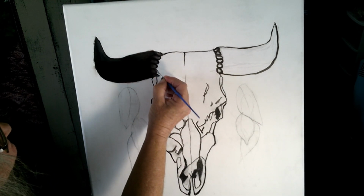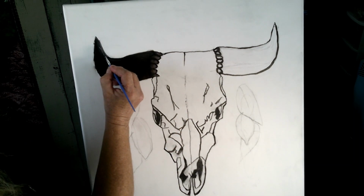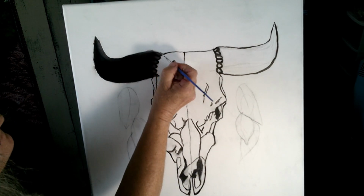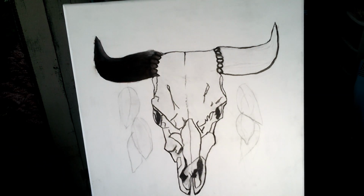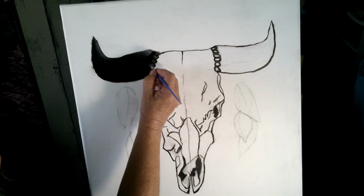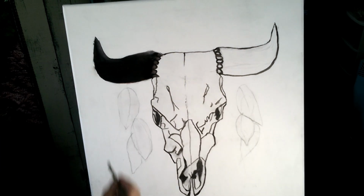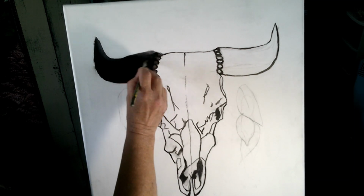burnt umber, and I am just kind of highlighting in places with that burnt umber, because the burnt umber is not as dark as the black, but here I'm adding a little white to those. I'm adding a little white to that burnt umber and just highlighting and doing things, but we'll go over this even more times, so this isn't the set in stone